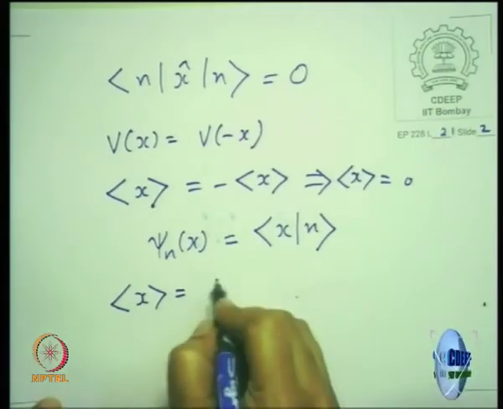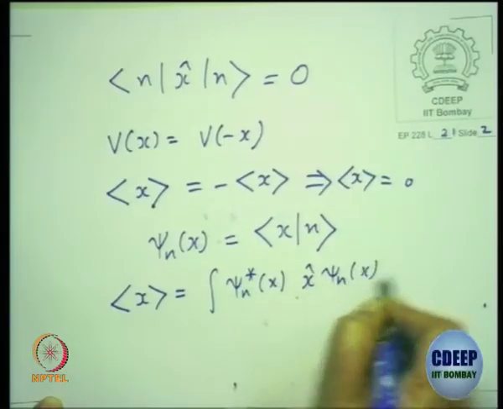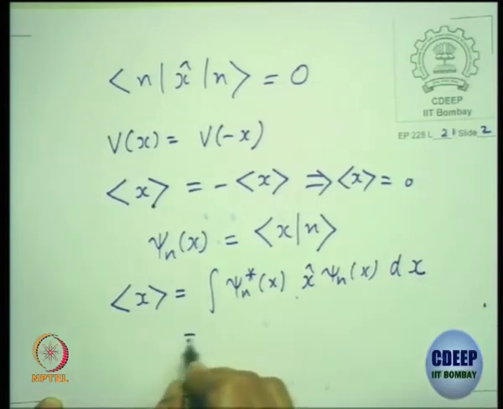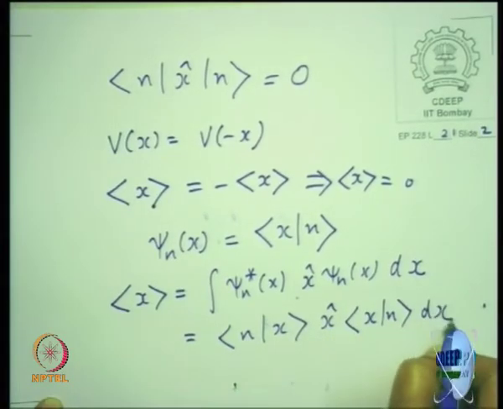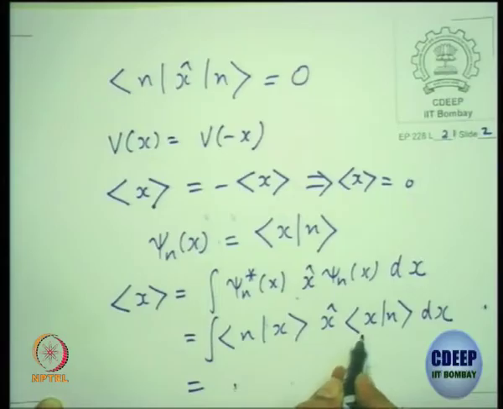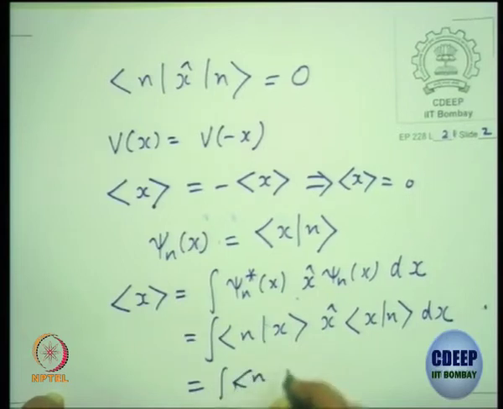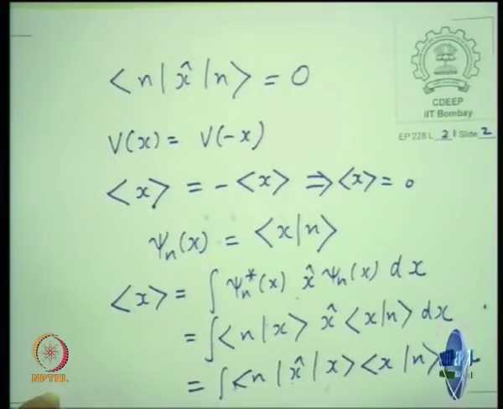You could try to rewrite it in terms of psi n star, and rewrite this as <n|x operator|x><x|n> dx, to give you an eigenvalue, or you can even put it as <n|x><x operator|x><x|n> dx, and then this becomes explicitly